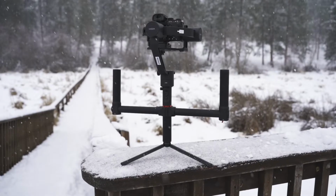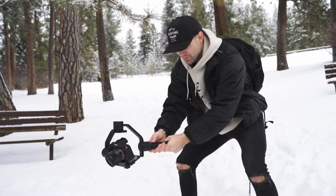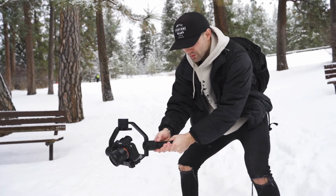So I wanted to make a video on what I believe to be one of the best budget gimbals that you can buy today. And I'm talking about the Moza Air. Now, not to be confused with the Moza Air 2, which recently just came out. This is the original Moza Air gimbal, and I believe if you're somebody who is looking to upgrade to a